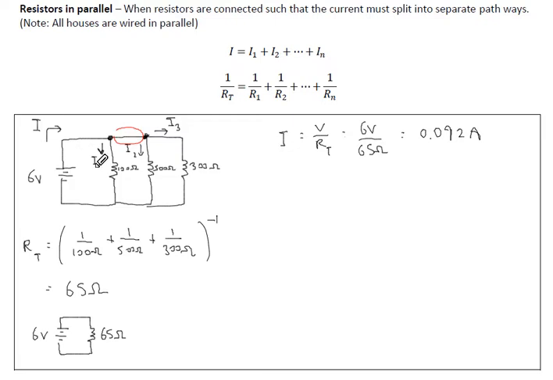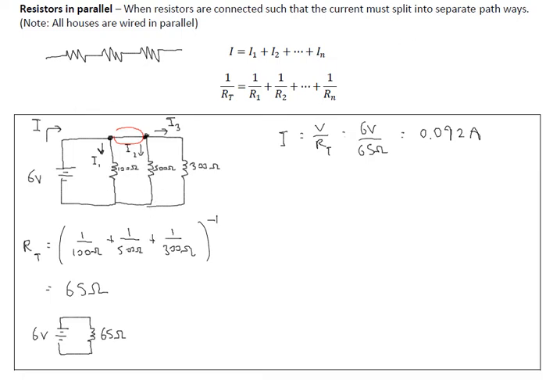Now for circuits in parallel, the voltage drop has to be the same across each thing. In series, the current is the same. Let's draw that out. For series circuits, the current is the same through all of them. So I is the same, but the voltage drop is different. For parallel circuits, the current is different. We can see I1, I2, I3, assuming that they're not identical resistors. If they were identical resistors, then the current split would be equivalent. But assuming they're different resistors, the current is going to be different, but the voltage drop has to be the same,